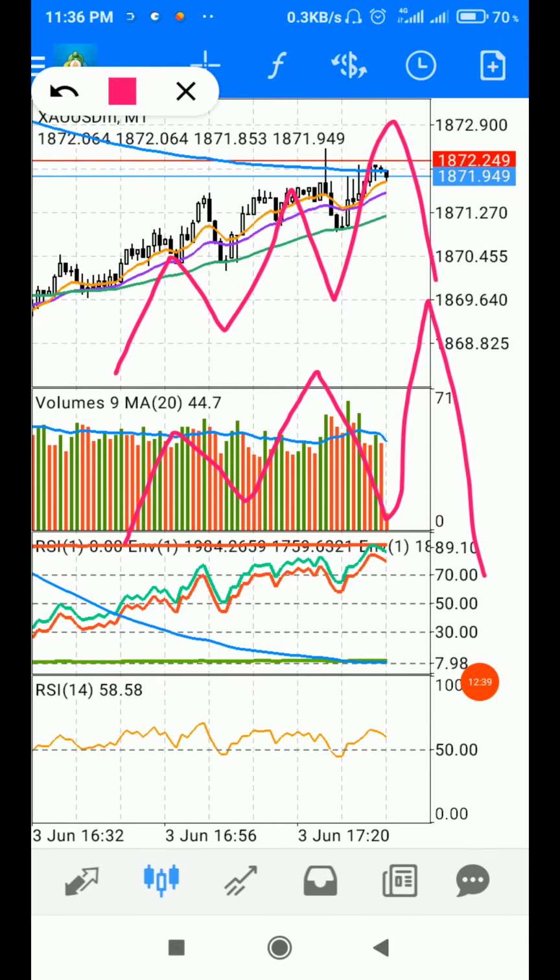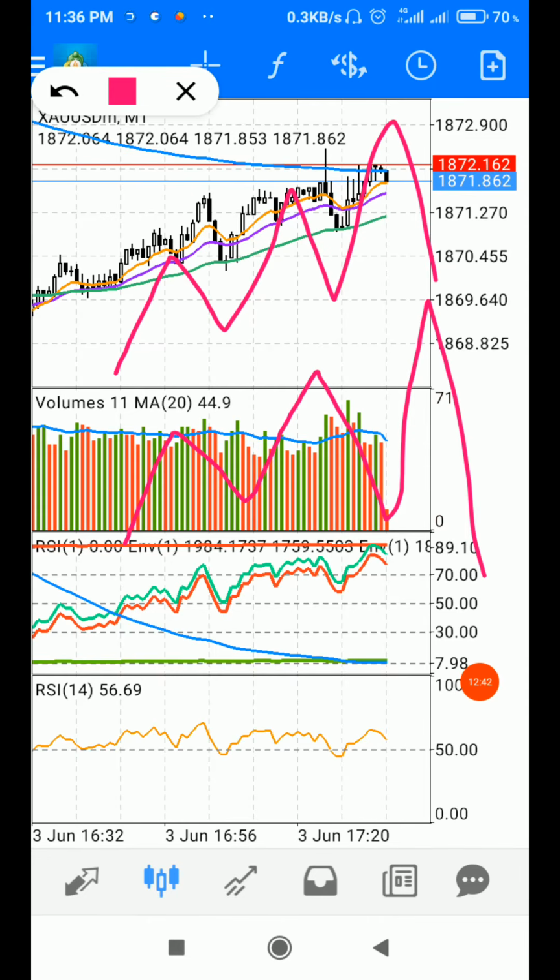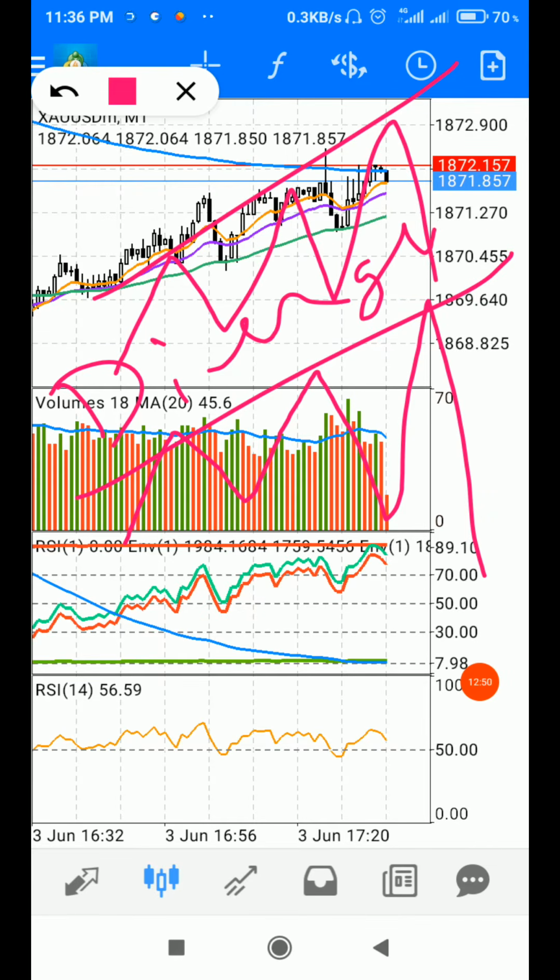Okay, so whenever you connect this line and this line, it is what we call a divergence. Okay, and whenever, so this point, this point connection is divergence,